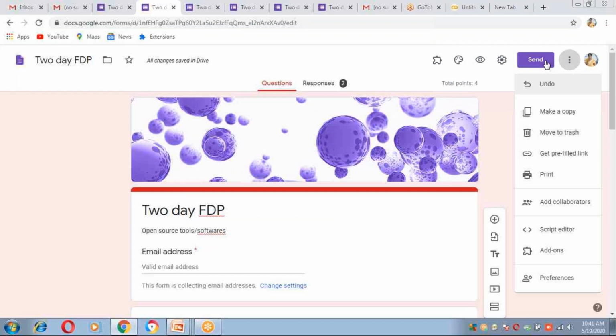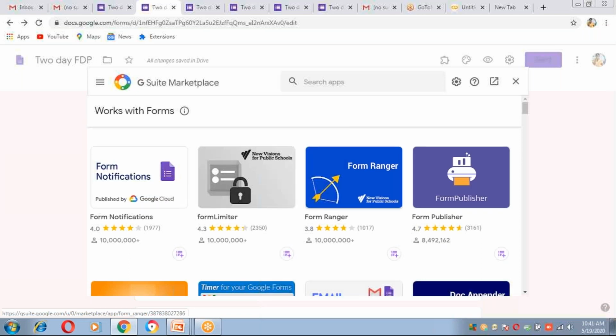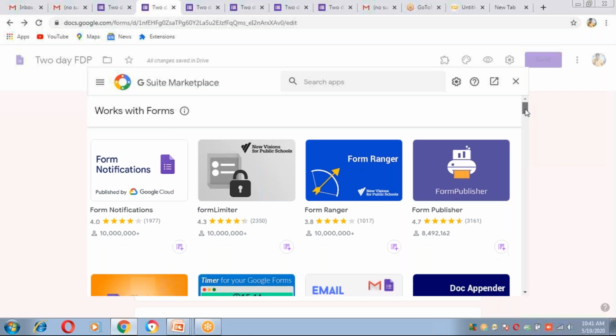See, after the send button, this is add-ons. While I'm clicking on add-ons, see, which are accessible to Google, some add-ons will be displayed.